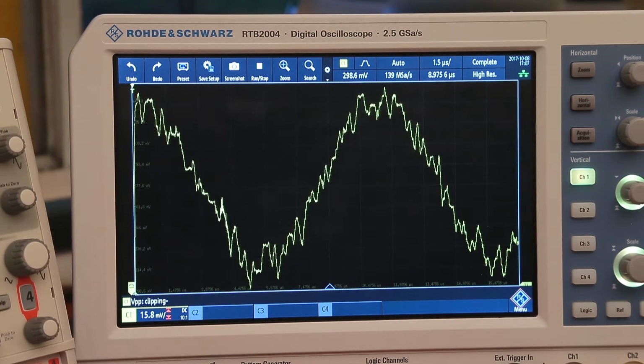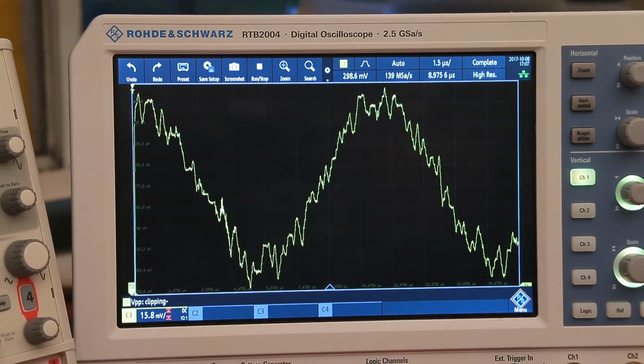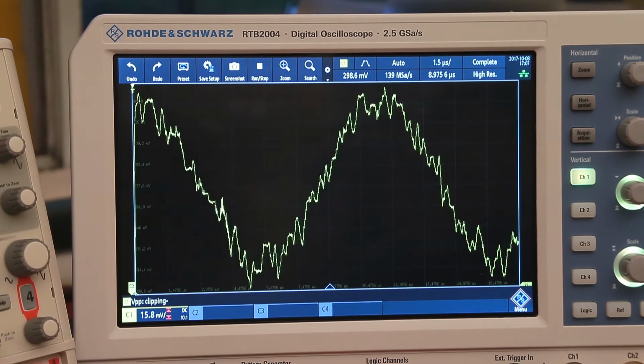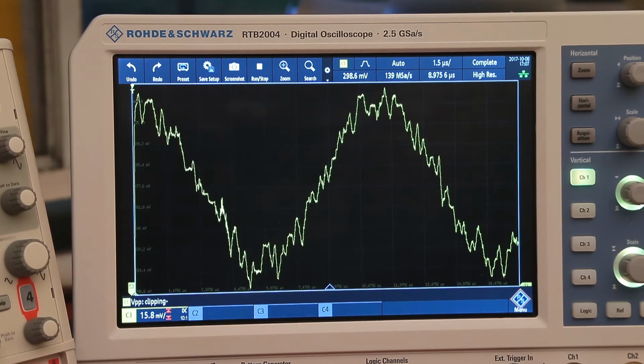It's just that this physical screen on the RTB is, one, higher resolution in terms of the number of pixels, and secondly the 10-bit ADC just picks up more steps when you're looking at waveforms. Obviously on some waveforms that doesn't particularly matter if you're looking at a large time base where you're not looking closely at the waveform, that may not be so important. But when you're actually looking at noise signals, or you're looking at something where you want to see the finite detail, I actually think that the